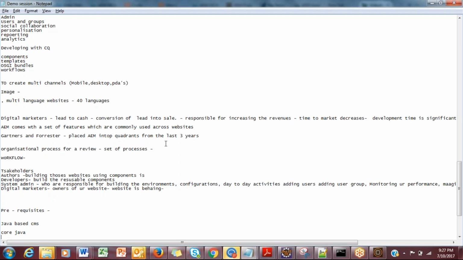Absolutely. One more thing is that when you're developing these components or the templates now, are you going to touch upon the Maven builds and the integrations, deploying the contents and everything, right? Yes. Initial few sessions will be on CRXDE, and then we're going to set up Maven, and when I touch upon the OSGi layer in depth, that's what is classified as advanced. So that's when I'm going to start that. Once we finish all the components, dialogs, and all these things, we are going to set up the Maven and get into the OSGi fundamentals.